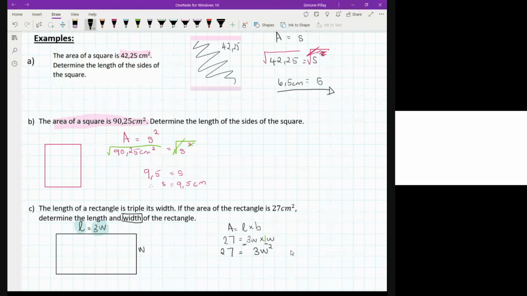Cool. So we're first going to divide both of them by 3. So then, beautiful, 9 is equal to W squared. And then we're going to square root them. So then I got 3 is equal to W. Therefore, W is equal to 3. Am I now done? No, ma'am, we still have to say the